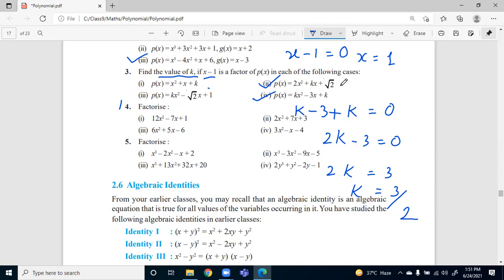So, Divyansh, you need to understand the concept. x minus 1 is a factor of p(x). So, the first way: equate x minus 1 to 0, get the value of x. Now, substitute the value of x in the polynomial and equate it to 0. These are the steps which you need to follow. Okay, ma'am. Okay, so now you need to try factorization, that is splitting of the middle term. You have to attempt all four parts.